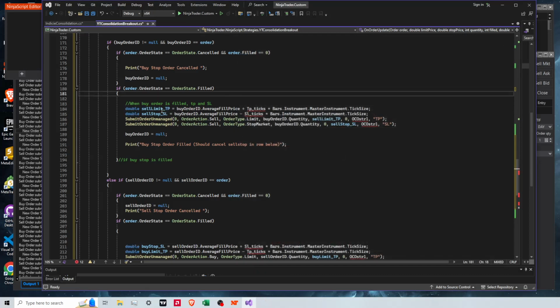So for our TP is going to be sell limit. We're going to take the average fill price, so basically the price of our entry, TP ticks times the tick size. I think it should be divided. Let me think. If TP ticks is 10, tick size is 0.25. Actually, no, that's right. And then we'll do stop loss